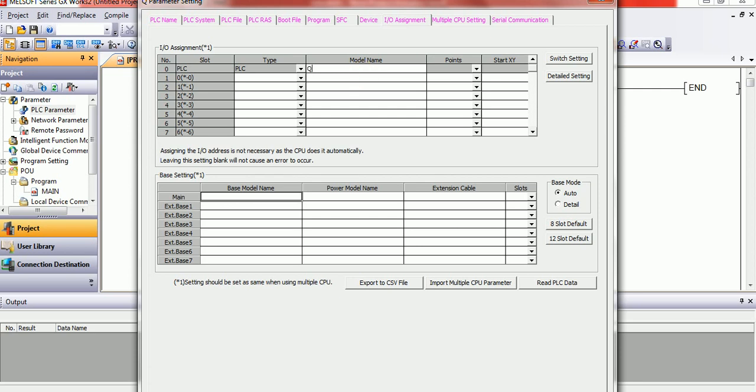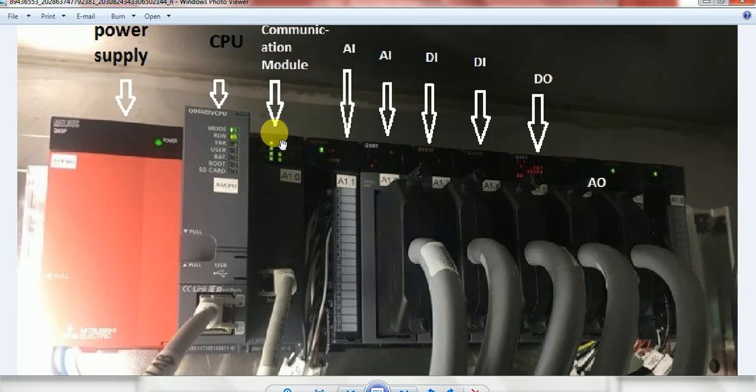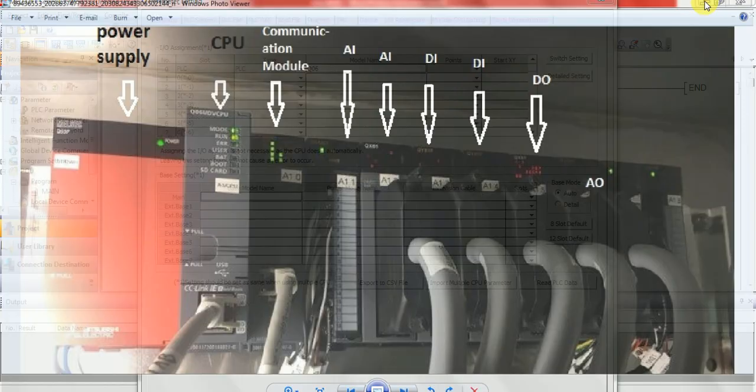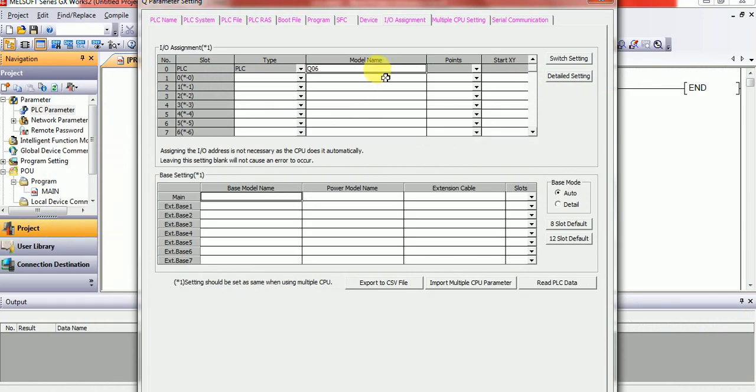This is Q06UDV CPU. This is your CPU model number, the first one.